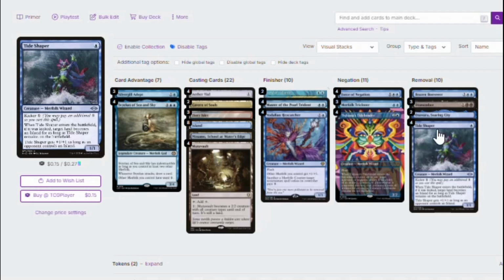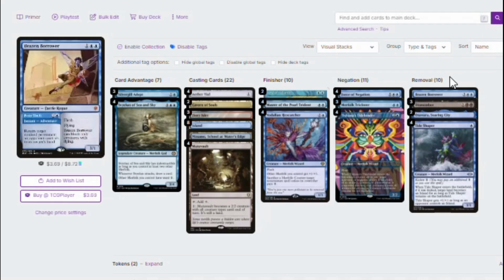And finally, Tideshaper. Its primary purpose is to be able to make our finishers lethal. It's a way that we are able to use it to remove our opponent. We're able to make our creatures unblockable. Now, if you're in a match where they're already playing islands, then it becomes, okay, let me take out your best land. That best land many times is the secondary purpose, but the reason why you play Tideshaper